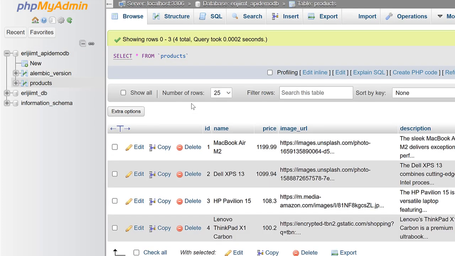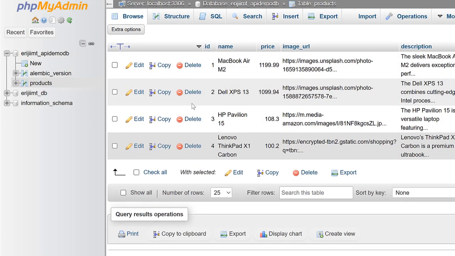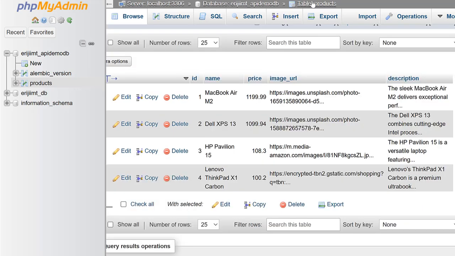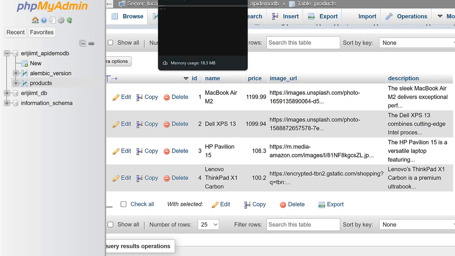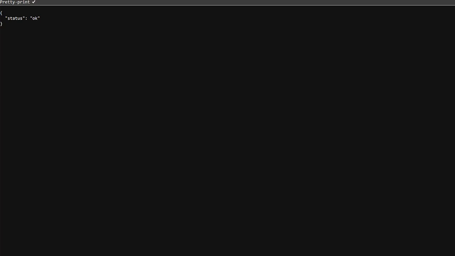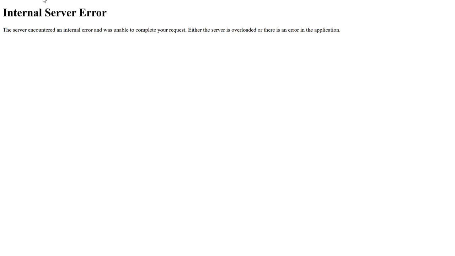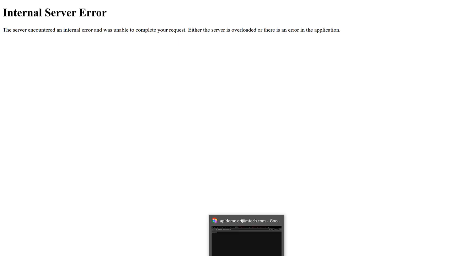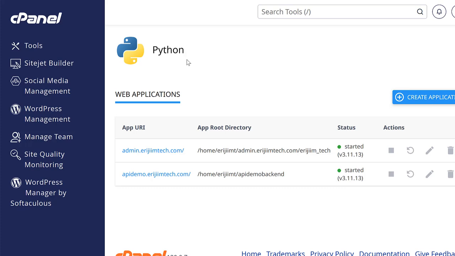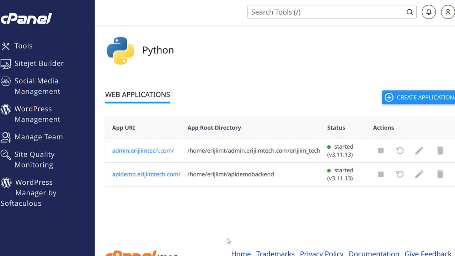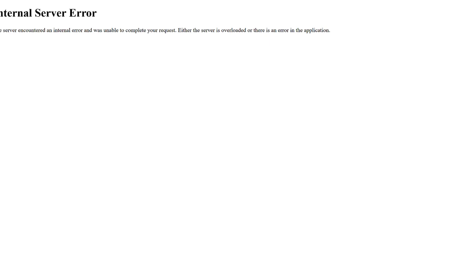And the main table is the table for the products. And I do have all this added here. So once the tables for the database have been set up, I'm going to go back and re-access my domain for the back end here and try to refresh it. So for this case, I think I first of all have to restart the web app. Then having refreshed it, I'll click on